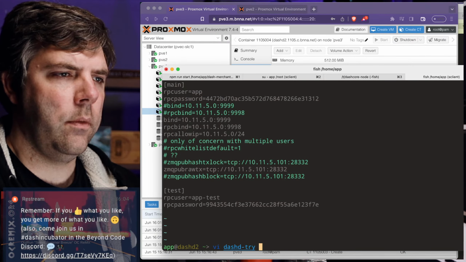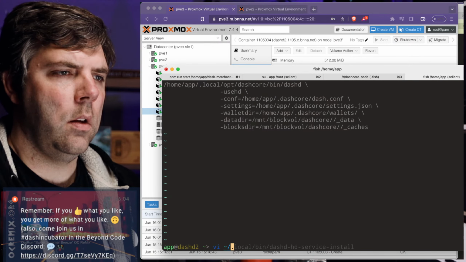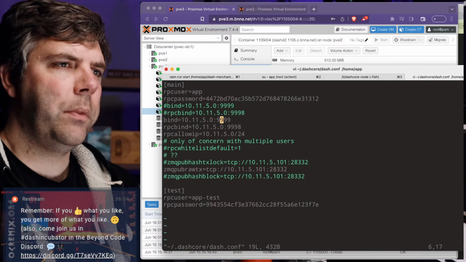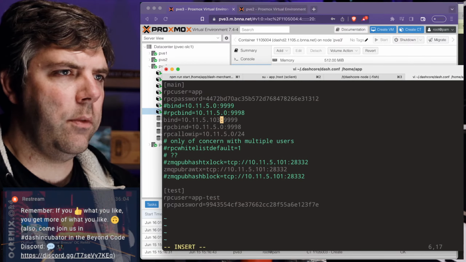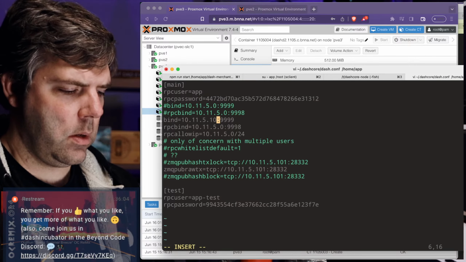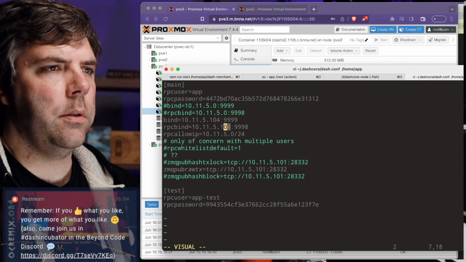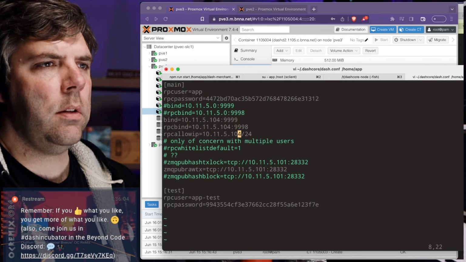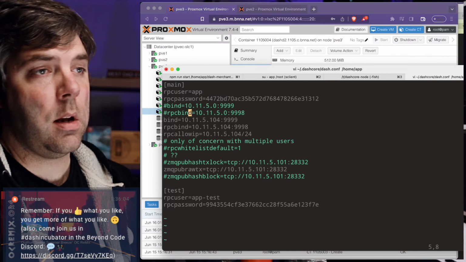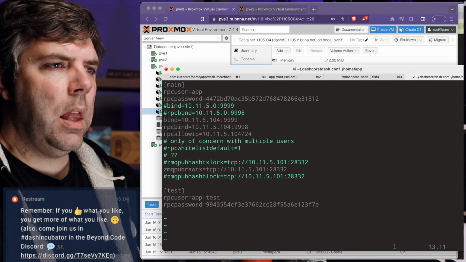Interesting. It seems like there ought to be some sort of mechanism for this, but I don't know what it is. I could bind on 0.0.0.0, but I don't necessarily want to do that. This doesn't have a public IP address, so it's not a problem if I did. But I'd like...